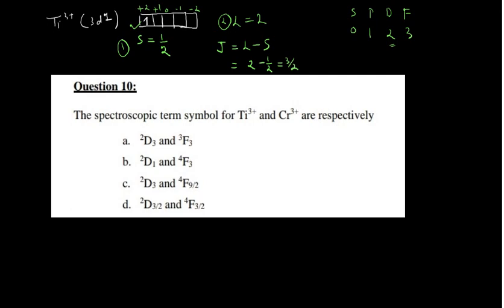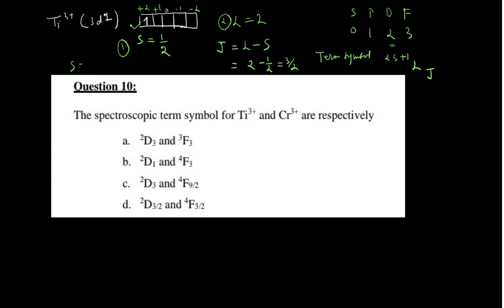Now if you want to calculate the term symbol, what basically the term symbol is that spin part which is 2S plus 1, and the value of L and the value of J. So 2S plus 1, if you see here in that case the spin, if you want to calculate the spin for this one, so how can you calculate?